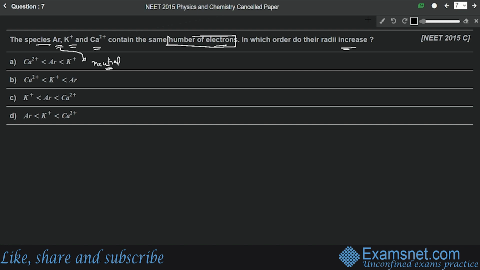We know that a neutral species will have a greater radius as compared to the cations when all have the same number of electrons. And in cations also we have to remember that the more the charge, the lesser will be the radius,